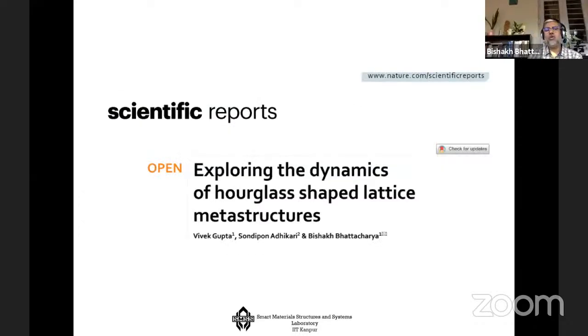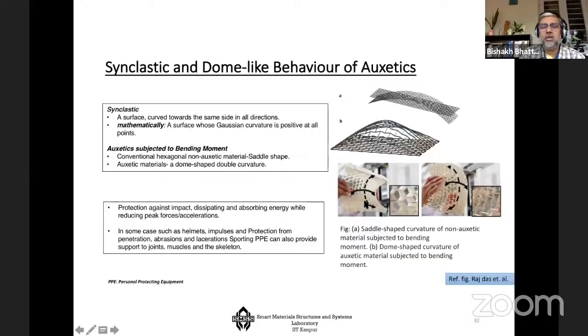I will come to the last of our works, which is in Scientific Reports of Nature. It was reported, that is how you can make dynamic hourglass-shaped lattice metastructures. Now, you see, the metastructures are something that can be used in terms of the curvature change. Something like a system which is having, let us say, a dome-shaped curvature. Okay, so by using a kind of auxetic material, you can control the dome-like behavior of the synclastic curvature